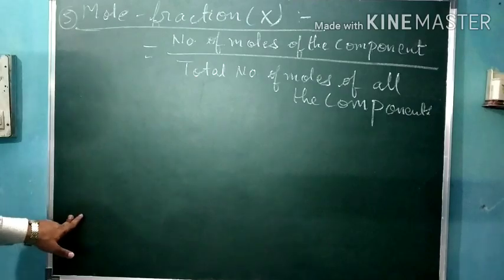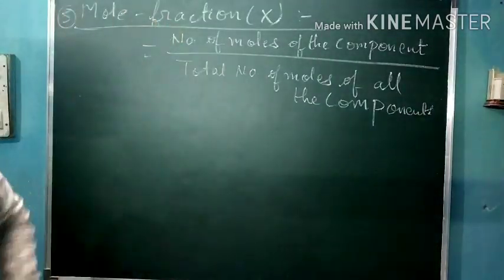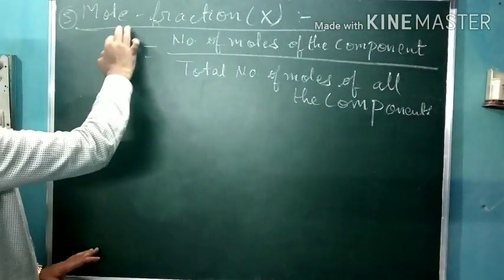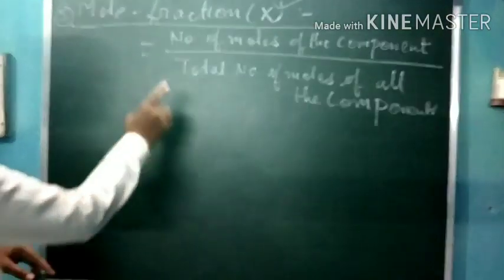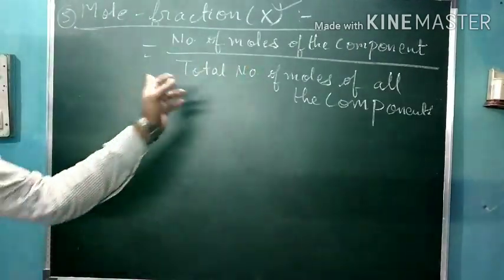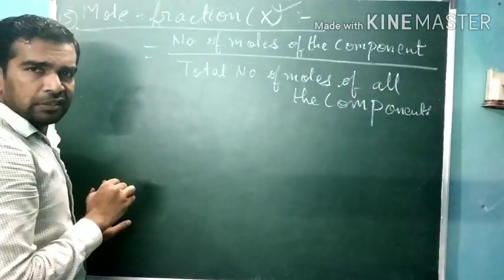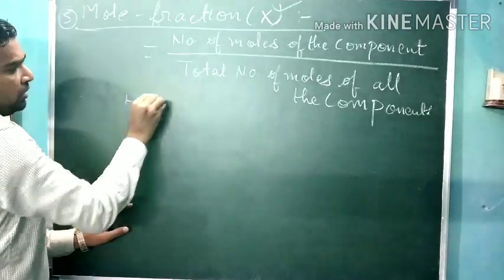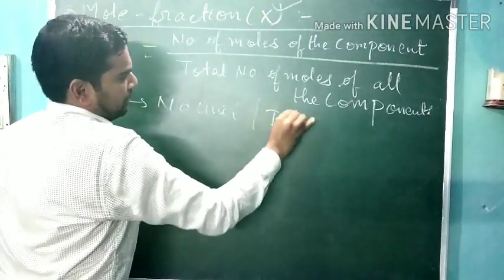That's for that, and we will discuss the next one, the mole fraction, the fifth one. The last and fifth term to express the concentration of solution is the mole fraction. When we are determining the mole fraction, the first thing we should know is that mole fraction is represented by capital X. Second thing, the formula is the number of moles of the component upon total number of moles of all the components. Here the mole component is equivalent, therefore it is a dimensionless quantity, means it has no unit.